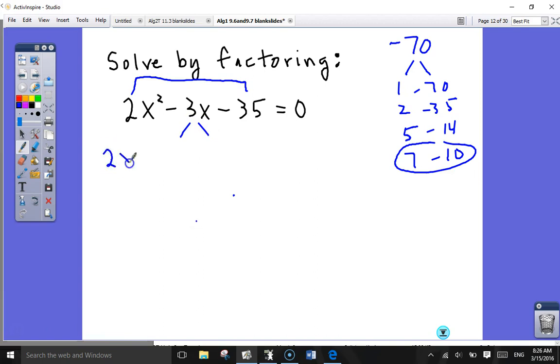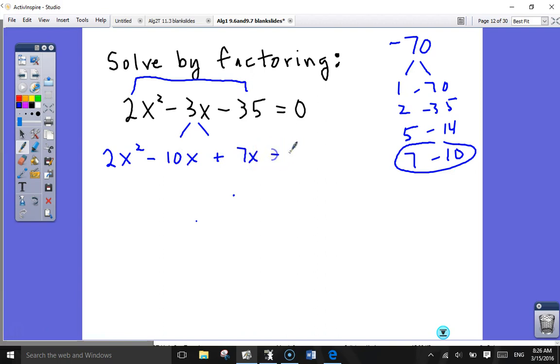So what do I do with those two numbers? I split up the middle term. 2x squared plus, or again, I've got a choice here, right? I can make it plus 7x minus 10x, or minus 10x plus 7x. And which way would I prefer to go? Negative first, right? In fact, the negative is better even for this reason too. Watch how it works, right? So 2x squared minus 10x plus 7x